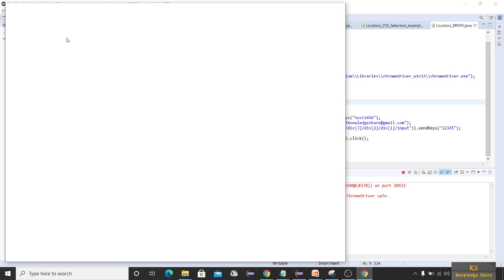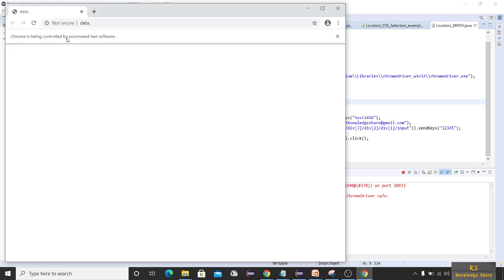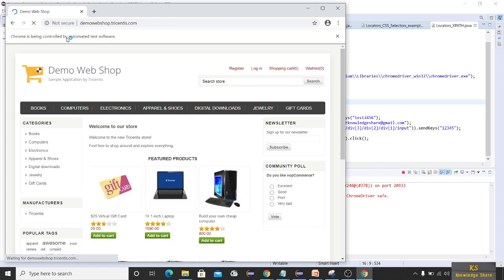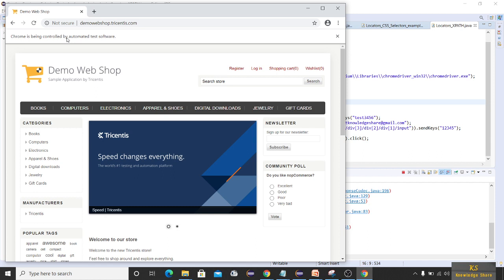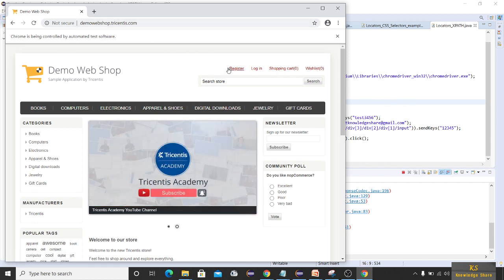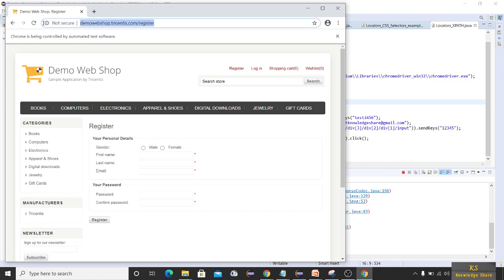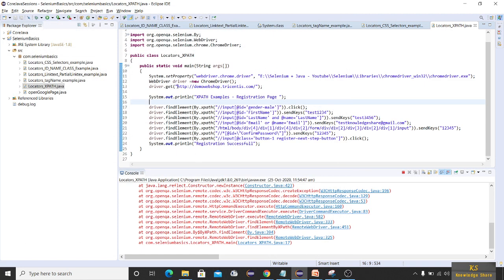Its internet is a bit slow. So it's launching the web page and it will maximize. So okay, it will not maximize because I haven't written that. I forgot to write that. So okay, we have done some mistake here. Okay, we did not click on register, right? So we'll click this register button and we will give this path directly. Okay, so I'll change this path here. Okay, now let me run.